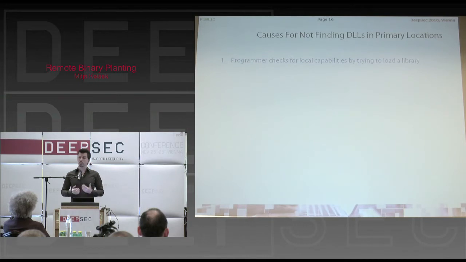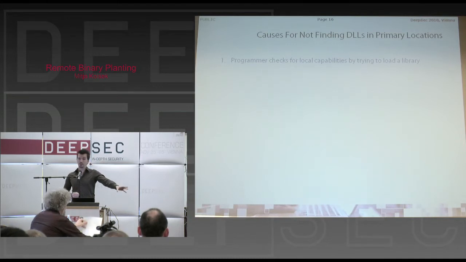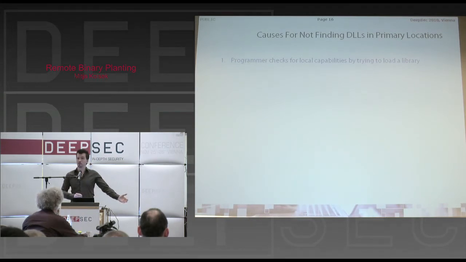We've seen many cases where the developer just tries to load a library in order to determine whether some functionality or some feature is available on the system. It's the easiest thing to do, and it's how a real capitalist developer should be doing their work, with minimum effort. So I'll just call LoadLibrary, try to load a DLL. If it's there, if the operation is successful, I will use the functions provided by that library. If it's not successful, I will just forget about it. It sounds okay, and functionally, that's what you should do. That's optimal. But from a security perspective, that's really bad, because if the DLL is not on the system, it will be eventually looked for in the current working directory, which is bad.